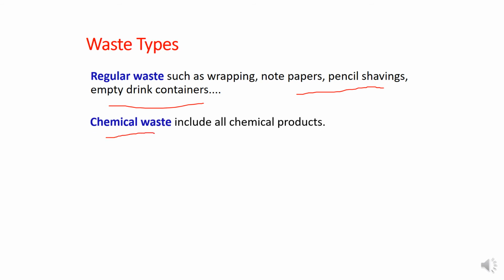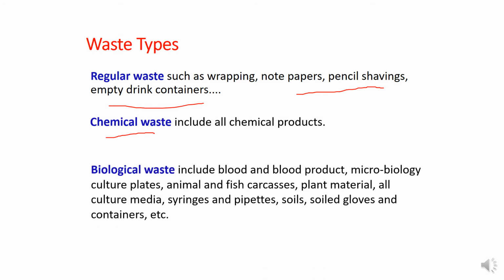The second one is chemical waste, of course, including all the chemicals that we are using in the lab. And then there is biological waste. As I mentioned, in all biolabs there are different products being used in those particular labs. For instance, blood samples, blood products, in microbiology the culture plates, and also animal and fish carcasses, plant material that is infected with